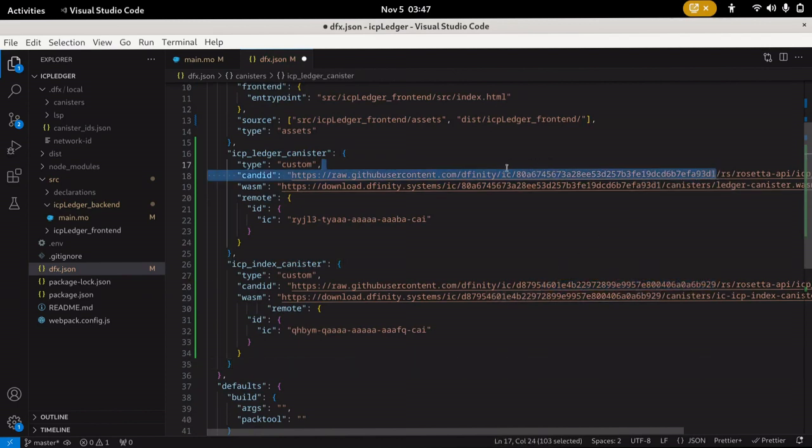So I'll just copy the one up here since it is the latest, and paste it here and also paste it here, and then I'm done. So you can see that they also provide the canister ID of the index canister on the mainnet. So if we are to try it out,